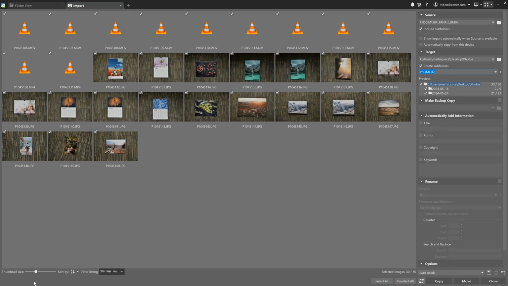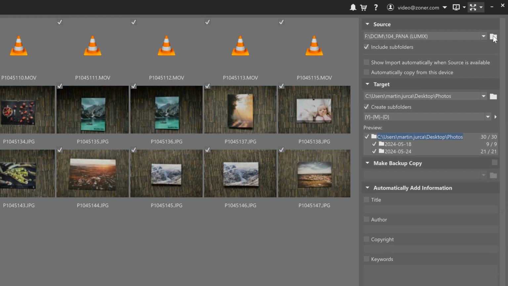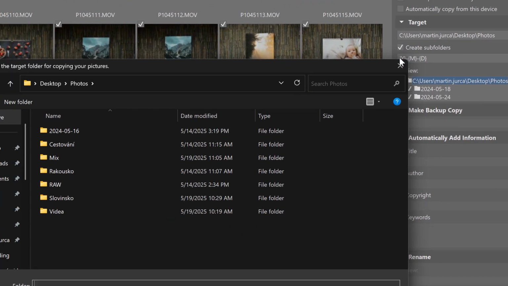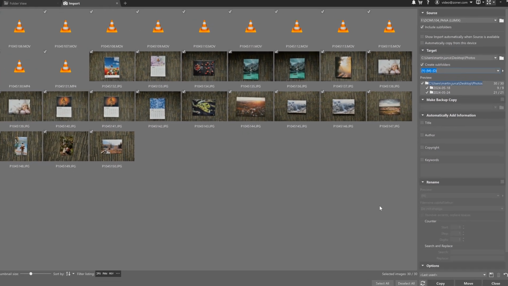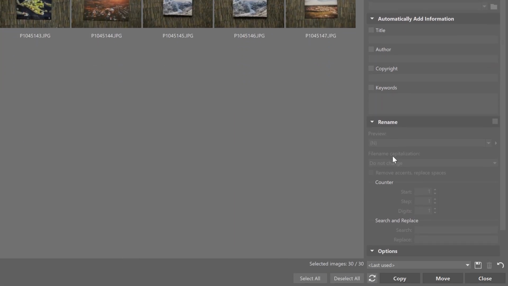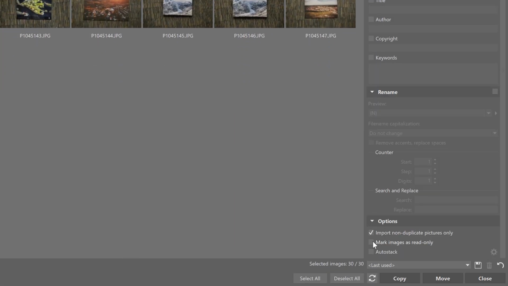Now import is at the very bottom, and what is that for? Well, if you want to bring photos in from a memory card, click Import, select your card under Source, and for Target, choose where you want to save the imported photos on your computer. If your card has photos from multiple days, the Create Subfolders option is useful. It organizes them by date taken, and this saves you a great amount of time when sorting them afterward. You can also turn on Auto Stack at the bottom, which is going to sort similar shots of images into folders and groups together. Then just click Move or Copy, and your photos are imported to your computer and neatly sorted into folders.